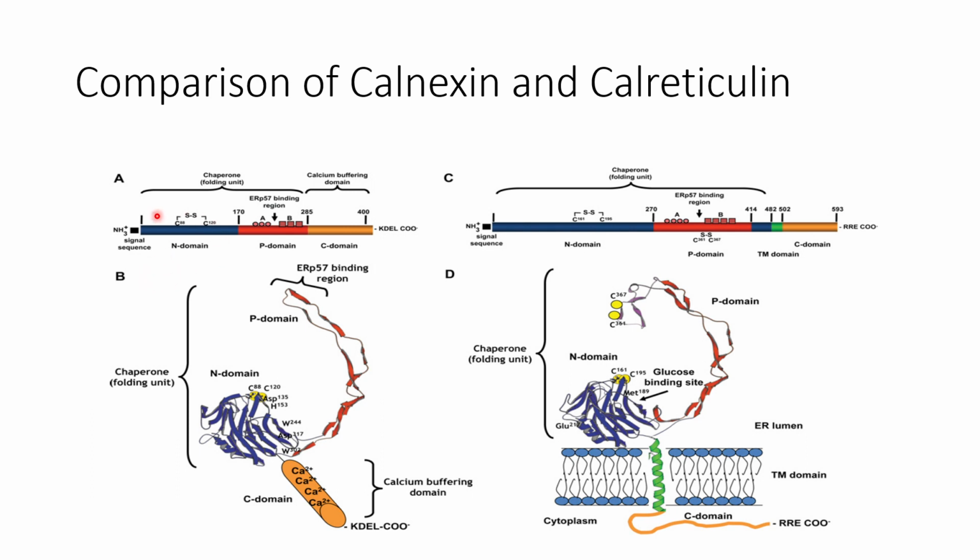So this section is divided into the N domain, this section is the P domain, and another section is the C domain. It is divided into three domains. Here is the three-dimensional structure of the calreticulin, and this is the linear structure of the calreticulin, or just the sequence